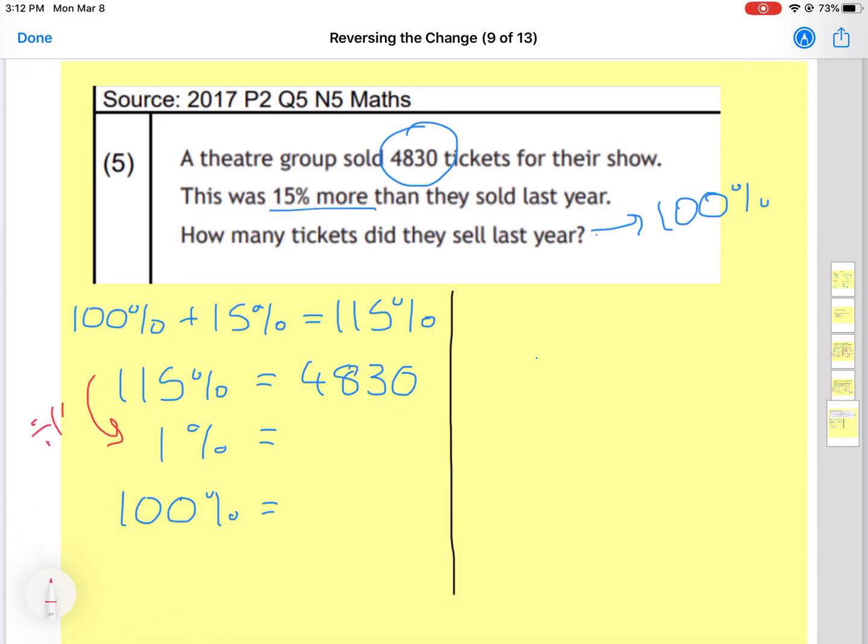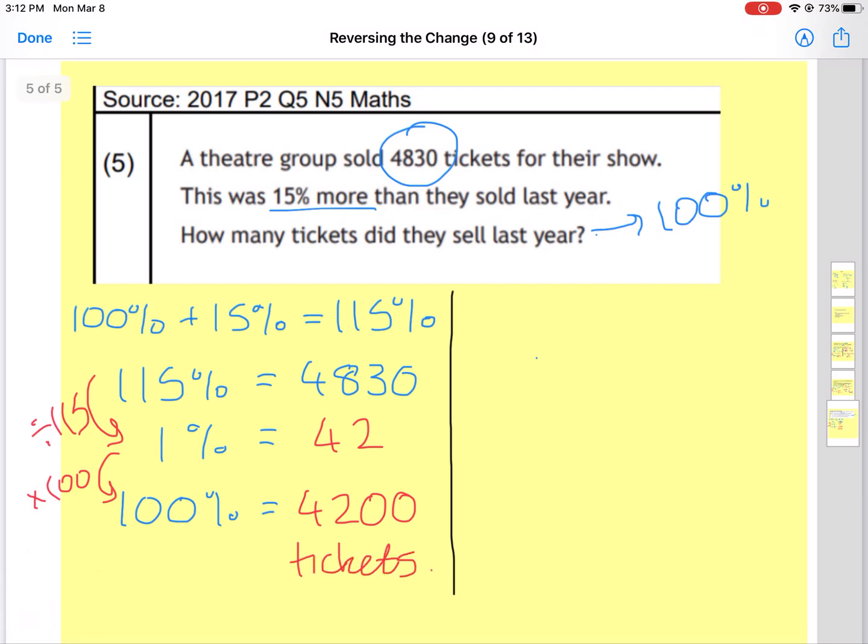Divide by the 115 and then multiply by 100. So 4,830 divided by the 115 gives us 42. Times that by 100 and we get 4,200